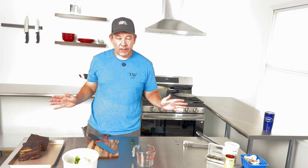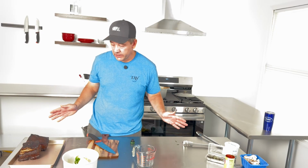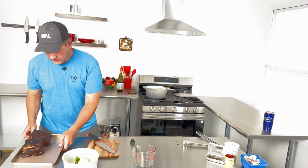We've got our braising liquid up. Everything is in. Everything is smelling amazing again in here. I can't overemphasize how much it smells amazing in here. I'm looking forward to this. So,